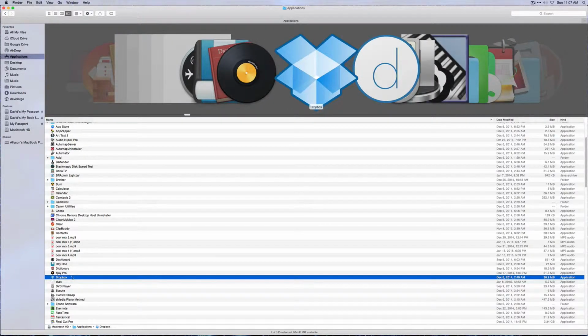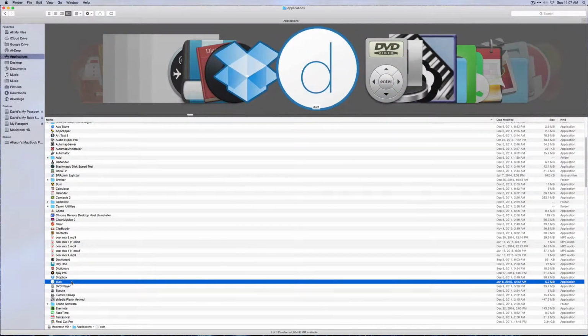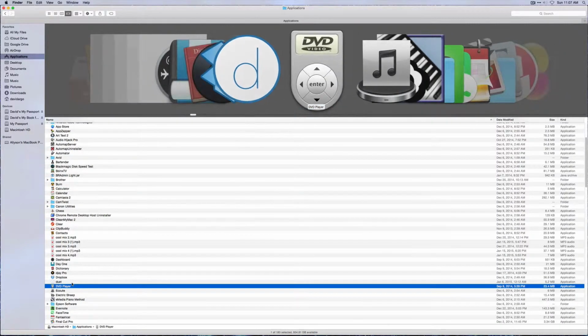I have Dropbox, Duet, which is a new cool app for $15 on the iPad or iPhone. It makes it a secondary display by just connecting a lightning cable to it, so that is really nice. DVD player,